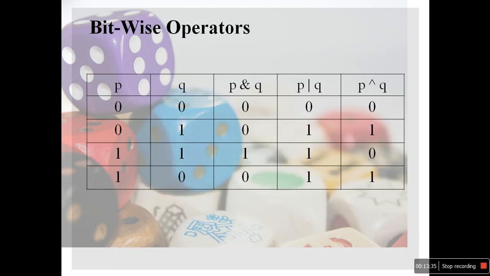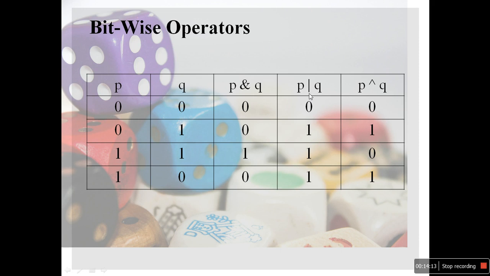Next is bitwise operator. Bitwise operator is nothing but it works like AND, OR gates. We know the condition of the AND gate. If any input is 0, then the output is always 0. If both inputs are 1, then my result is 1. So I can see p and q are 0, so my result is 0. And if q is 1 but p is 0, my result is also 0, because p contains 0. If both contain 1, then my output is 1. 1 AND 1 is 1, and 1 AND 0 is 0.